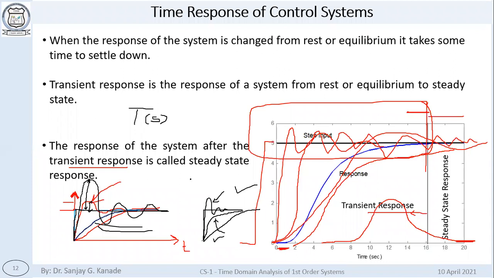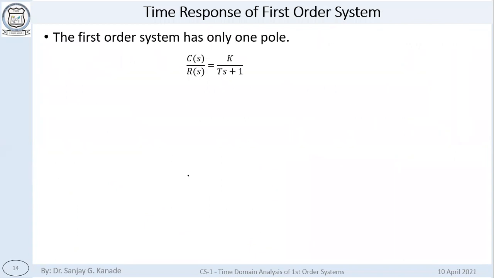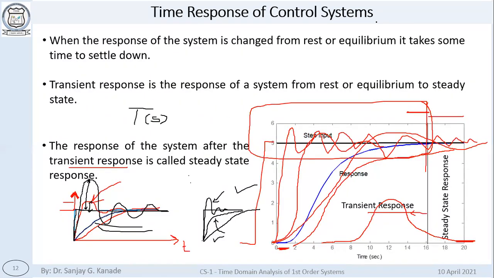So in our next lecture, we are going to continue our discussion on the time response of control systems. We are going to see the transient response, and in particular we are going to talk about first order systems in a lot more detail. And in the coming lectures we are going to talk about second order system responses also. Okay, so we'll stop here.